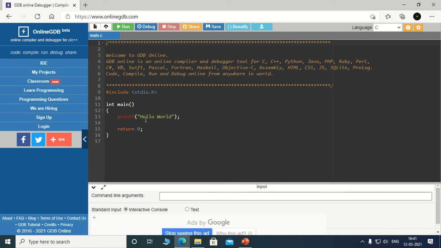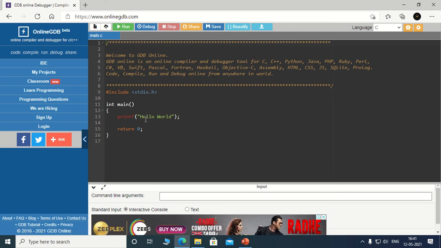Now here in this practical session we will see how the get process ID and get parent process ID functions work. What is the purpose of that? As we have displayed the hello world message twice, the first hello world message was because of the parent process, and the second hello world message was because of the child process. Now the messages looked similar.